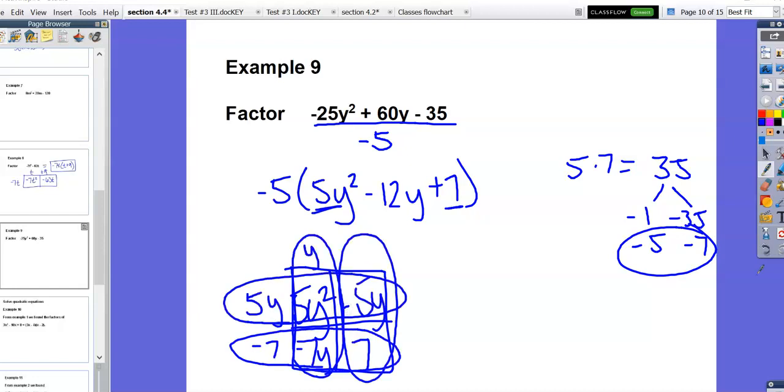I filled it all in because I'm running out of time, but when you go across the first row, you factor out 5y. Across the second row is negative 7. Down the first column is y, and then negative 5y and 7 for that second column, they don't share anything, so you can just say 1. Final answer is negative 5 times 5y minus